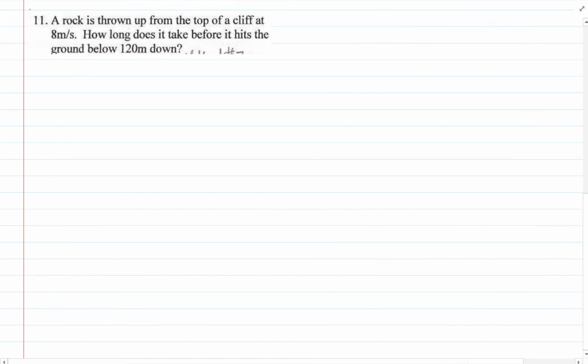Welcome back, physics fans. Here we go. Question number 11. A rock is thrown up from the top of a cliff at 8 meters per second. How long does it take before it hits the ground 120 meters below? So that's a really tall cliff,